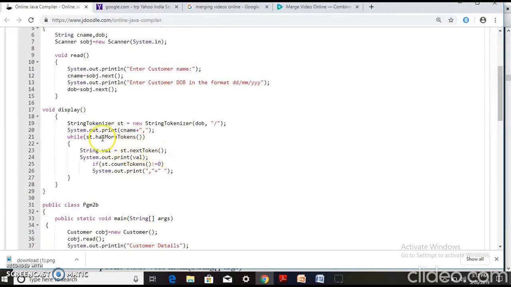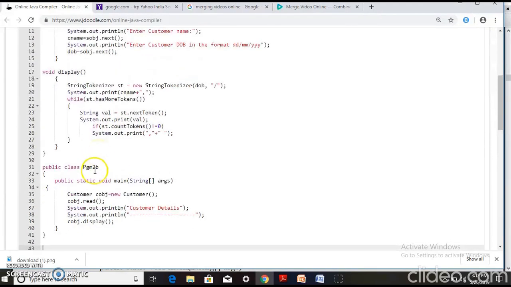To brief, this program is all about showing how exactly the StringTokenizer object works. How do we break the string into tokens by using the StringTokenizer constructor, and then extract the tokens by using the methods hasMoreTokens, nextToken, as well as countTokens. Thank you.